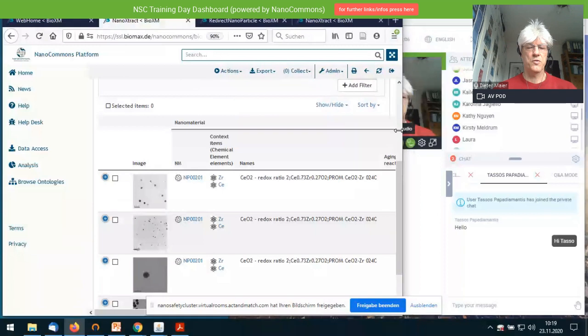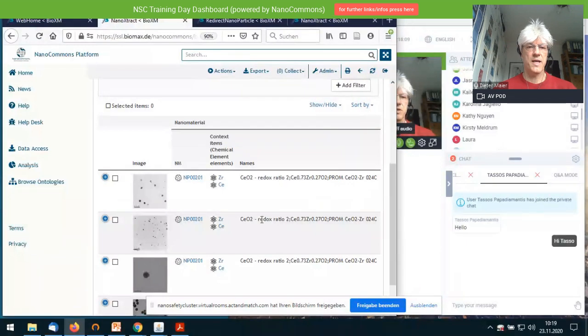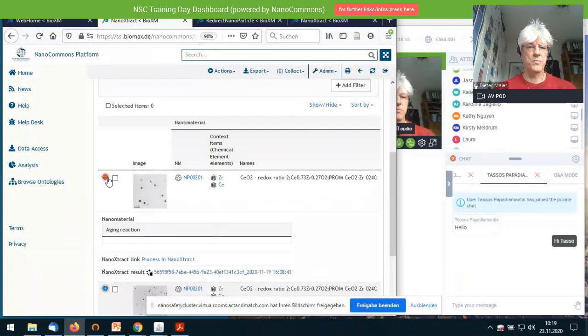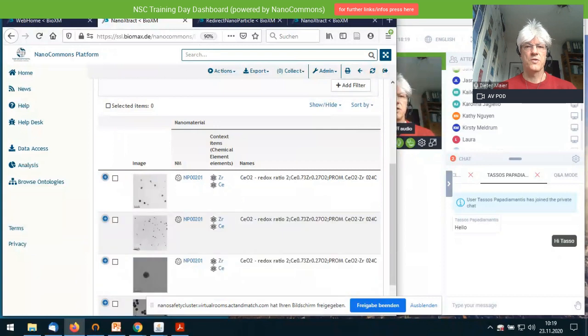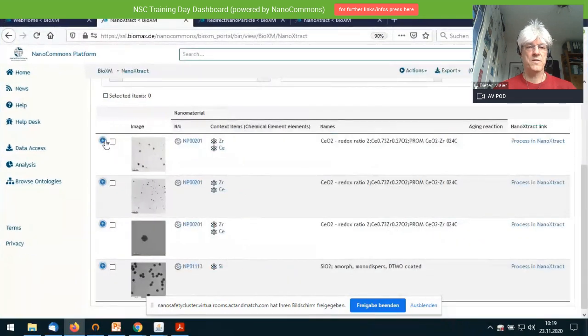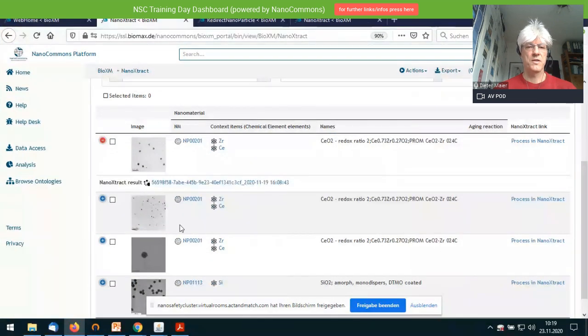So if you have a small screen, it will adapt, and the columns that are lost are not really lost, they are available behind this plus button at the beginning of the column. So whenever there's a plus in the first column, it means there's some more information available. You can open and close that here.